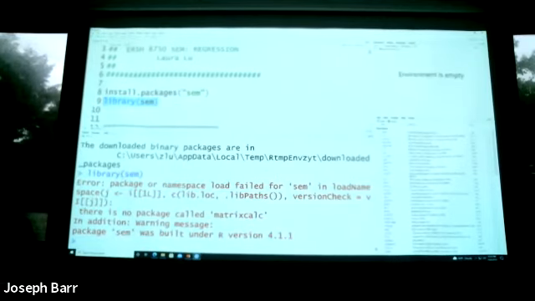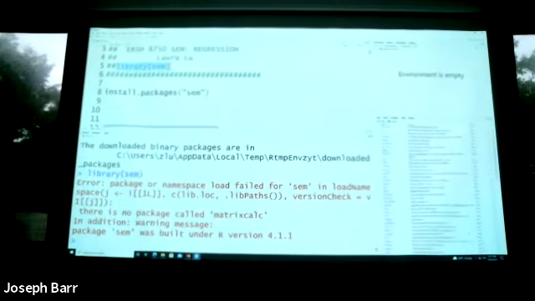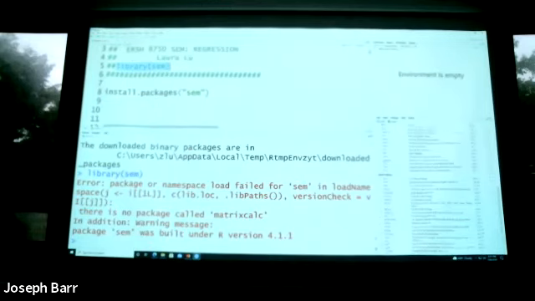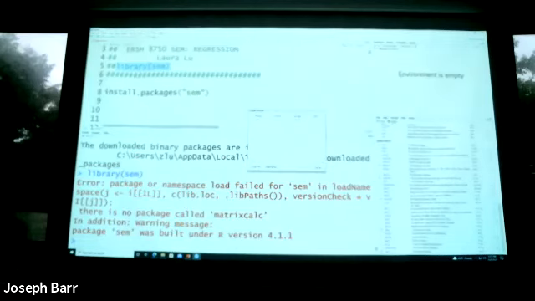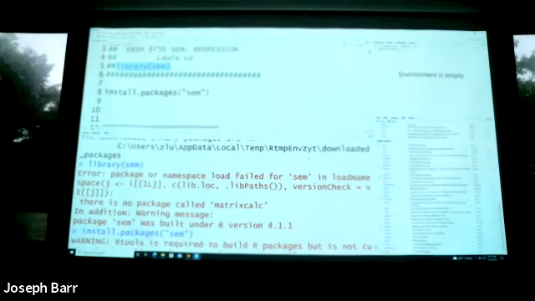Package failed. What does that mean? So let's check the SEM. I had updates on mine. I just did.